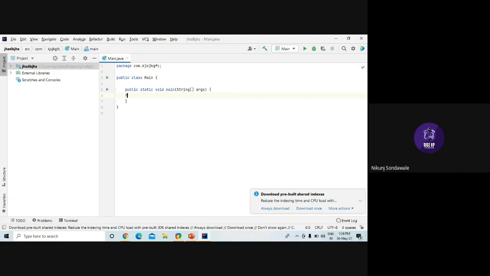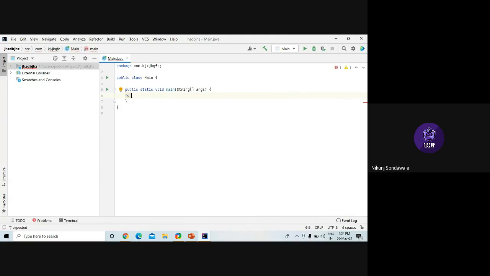Now I'll use one outer for loop: for int i equals 1, i should be less than or equal to 5, then i plus plus. Here I'll open my curly brace.